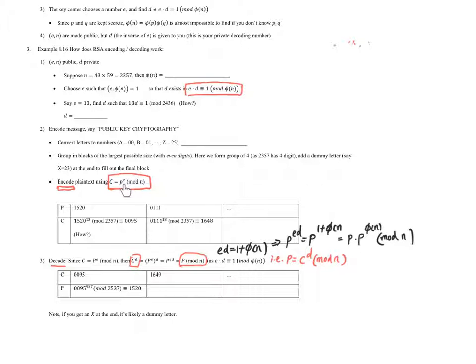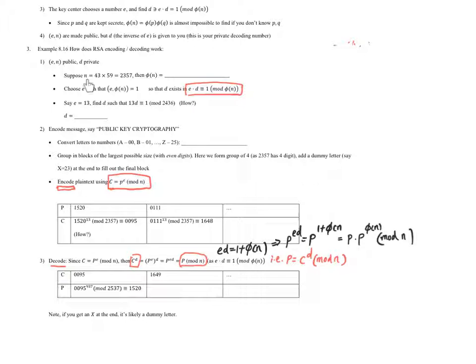So it is just these two steps. They're both raising to some power. One is e, the other one is d. What's the relationship between e and d? They're inverses of each other, mod phi of n. e and n are made public. When e and n are made public, you probably don't need to worry about other people being able to figure out d, because it's very difficult